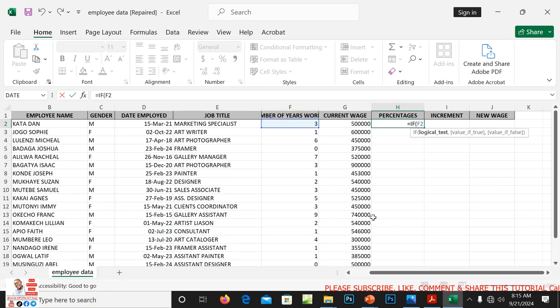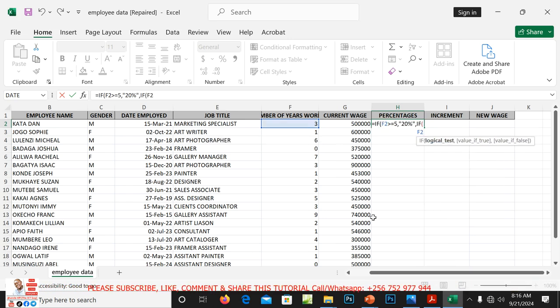Yes, if F2 is greater or equal to 5, comma, open quotes, this person receives a 20% increment, close quotes, comma, IF, open the bracket, F2